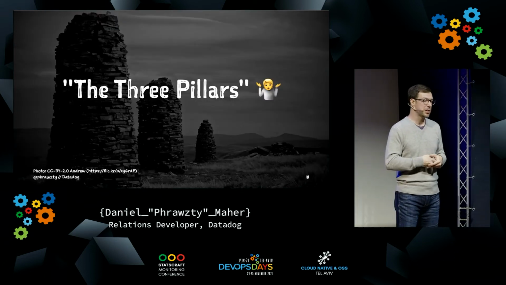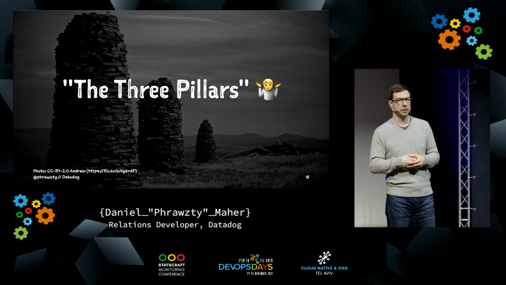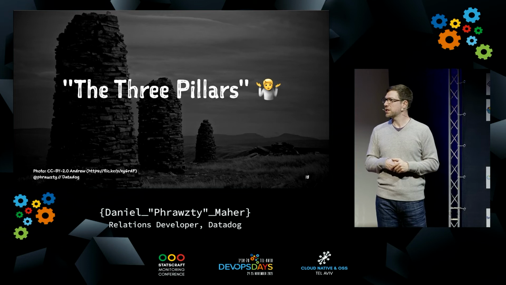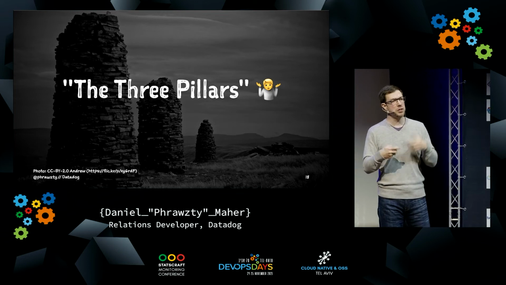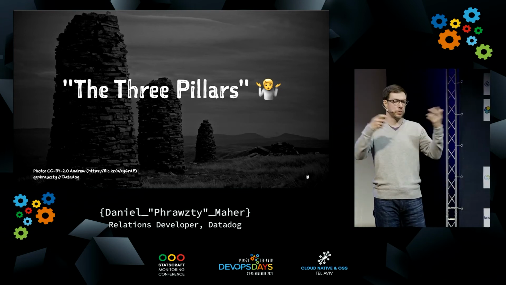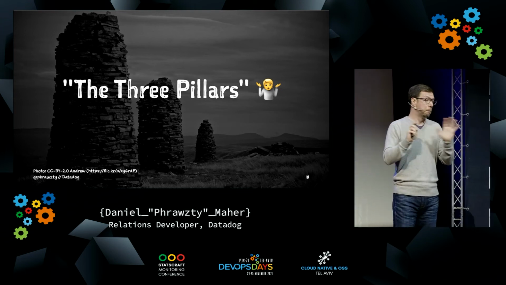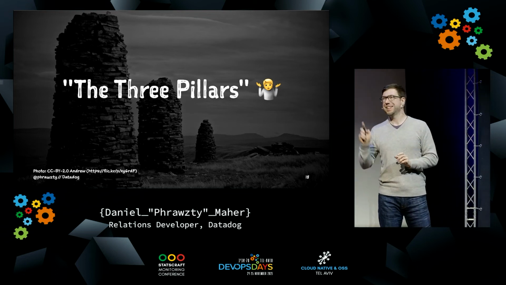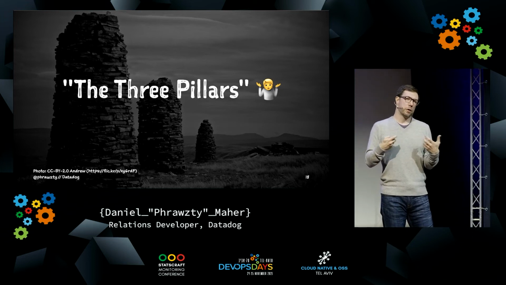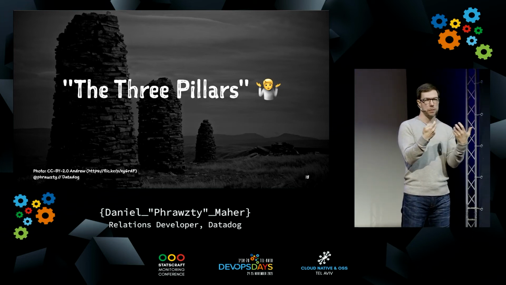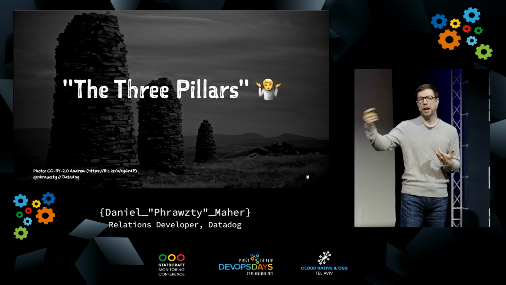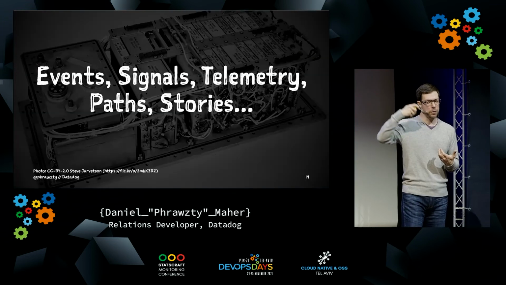Well, we could talk about the 3 pillars, I guess, right? The 3 pillars, logs and traces and so on and so forth. I don't really like to talk about the 3 pillars. I think it's an outdated definition. It's important to note because you see it all the time in blog posts and documentation, especially marketing material, talking about the 3 pillars of observability or whatever. Okay? It is important, I guess, to think about because it was the first time that we as an industry started to think about observability and monitoring as being separate things. So it was a good tool on the pathway to understanding observability, but now we've sort of moved beyond that,